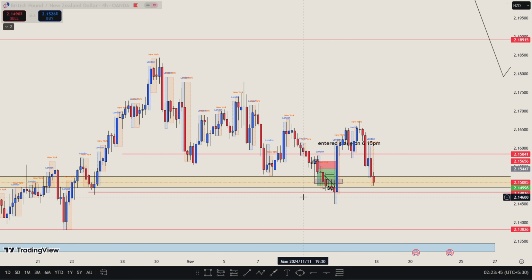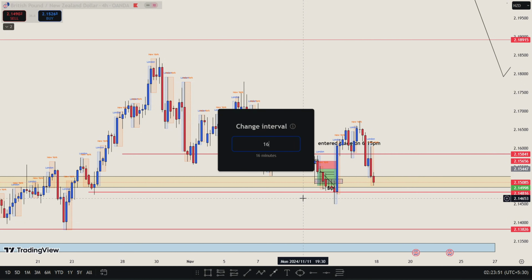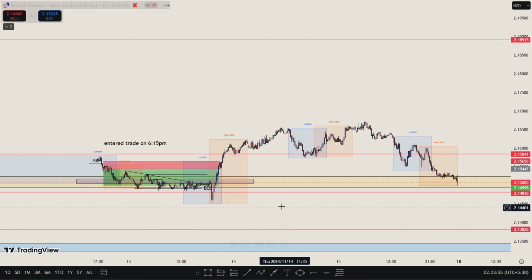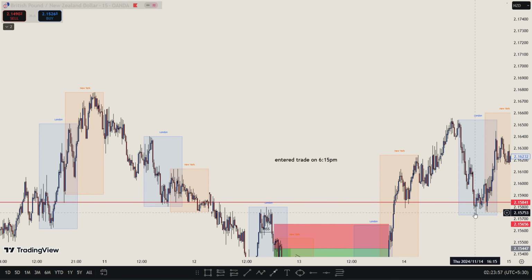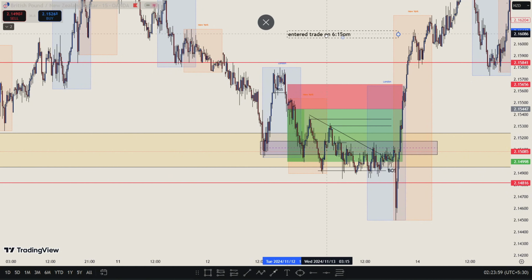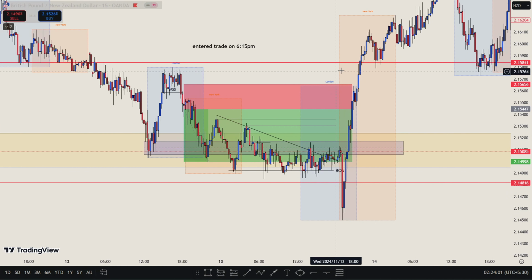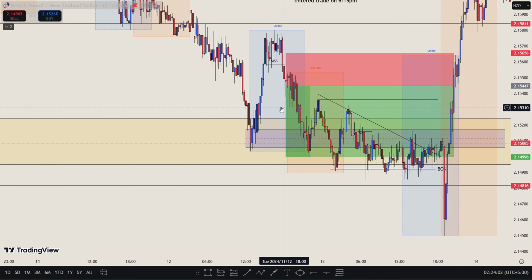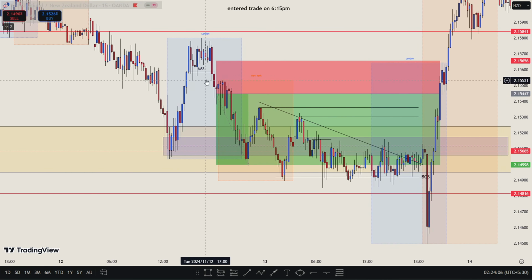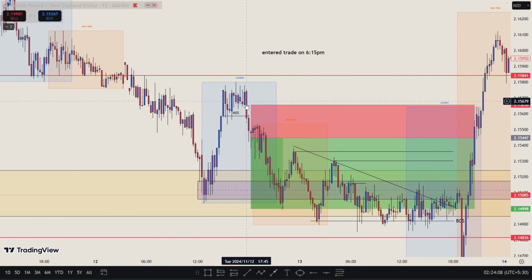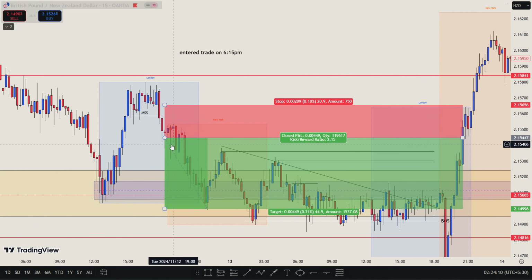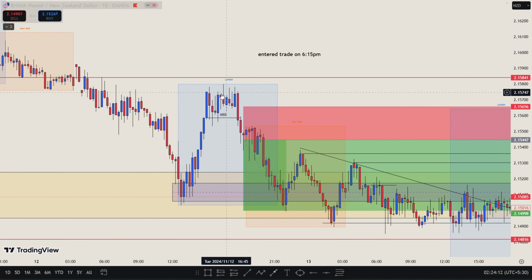So the only thing I did was jump onto the 15-minute time frame and wait for my market structure shift for 15 minutes. As you can see, I had written down that I entered the trade at 6:15 when there was a market structure shift. After this candle had closed below this range,